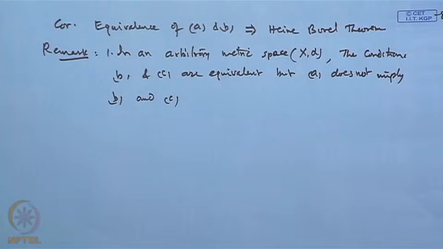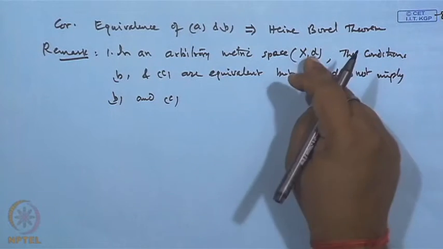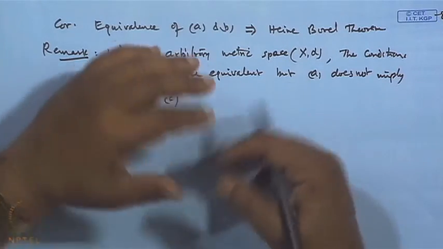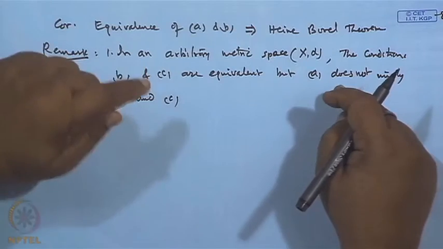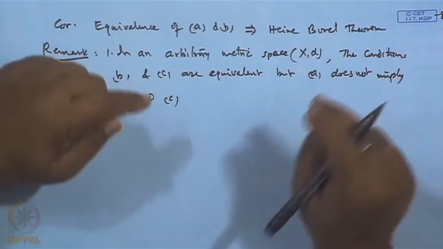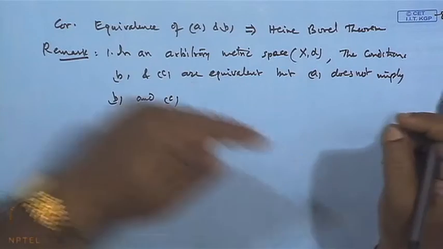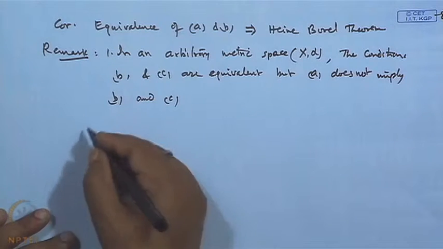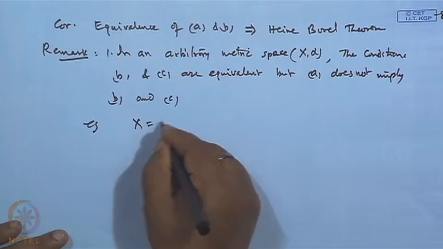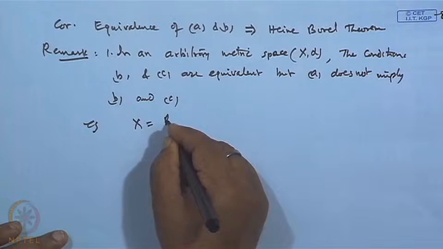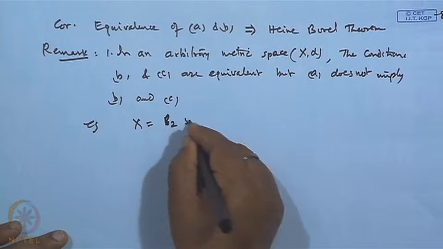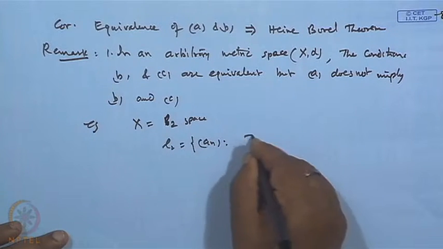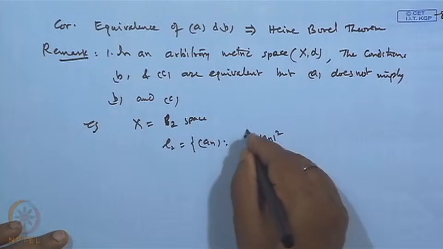in general. It means for an arbitrary metric space, compactness of a set and every infinite subset of E having a limit point are equivalent, but if a set E is bounded and closed, then you cannot say whether it remains compact or whether every infinite subset of E will have a limit point in E. It may not be true. For example, suppose I take X as the Hilbert space L2. L2 space means the set of those sequences a n such that the sum of |a n| squared from 1 to infinity is